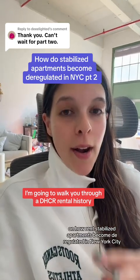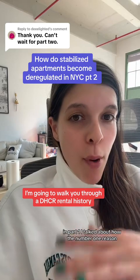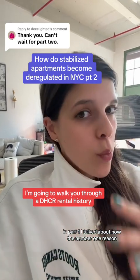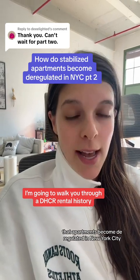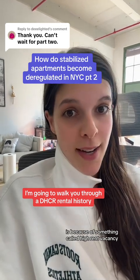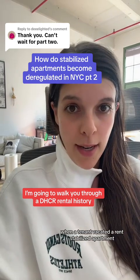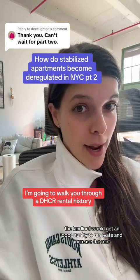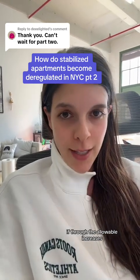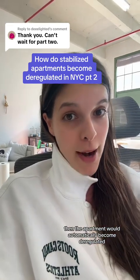This is part 2 on how rent-stabilized apartments become deregulated in New York City. In part 1, I talked about how the number one reason that apartments become deregulated in New York City is because of something called high rent vacancy. Prior to 2019, when a tenant vacated a rent-stabilized apartment, the landlord would get an opportunity to renovate and increase the rent. If through the allowable increases, the rent surpassed the high rent threshold, then the apartment would automatically become